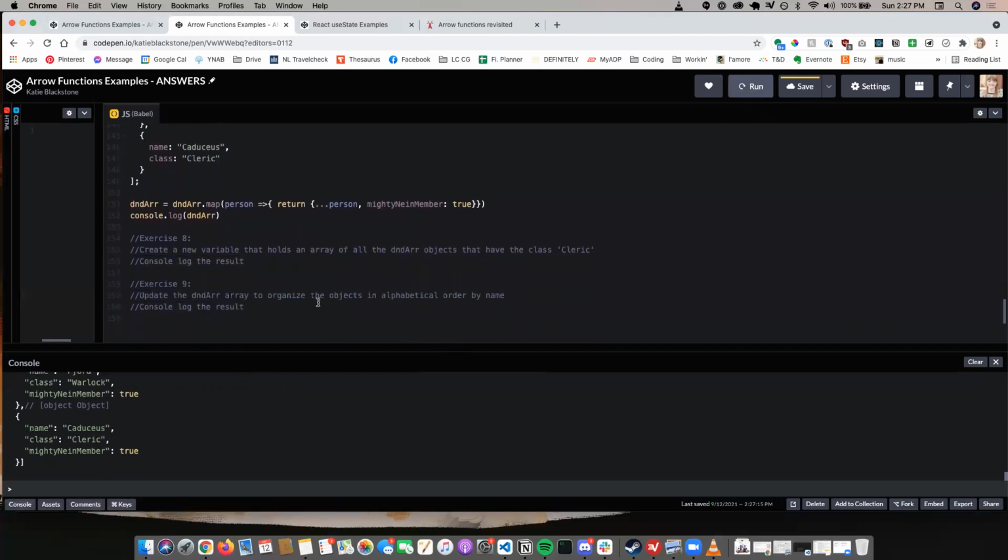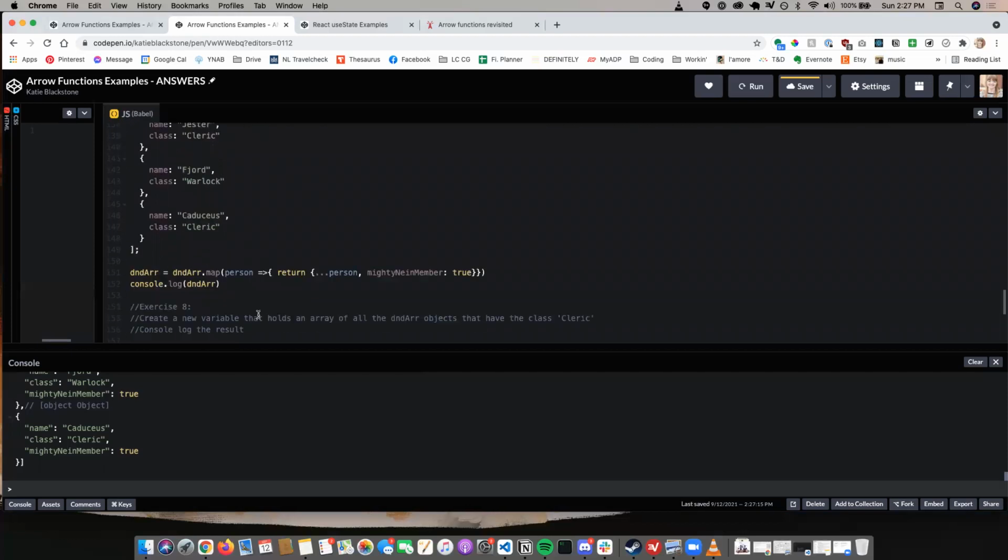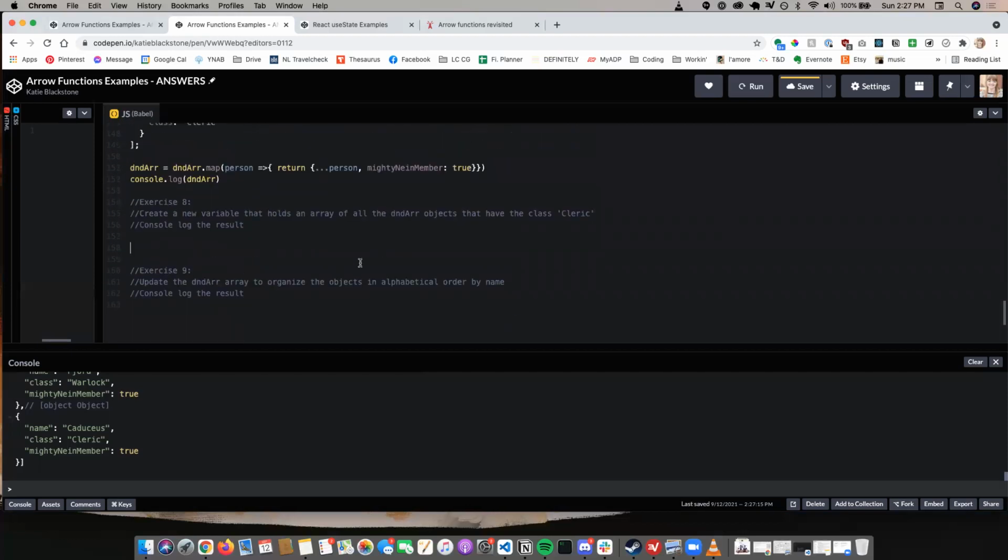So we're going to still use the same array. And now we are going to make a new variable that's going to hold all of the individuals that have the class cleric. As you see, there's going to be 2 of them. So we should expect to see an array of 2 elements at the end. So we'll say clerics equals dndr dot, and then are we using map here, or are we using a different one? Because we're now changing the number of elements, we want to use filter, because now we're actually removing data. So we're going to use filter,